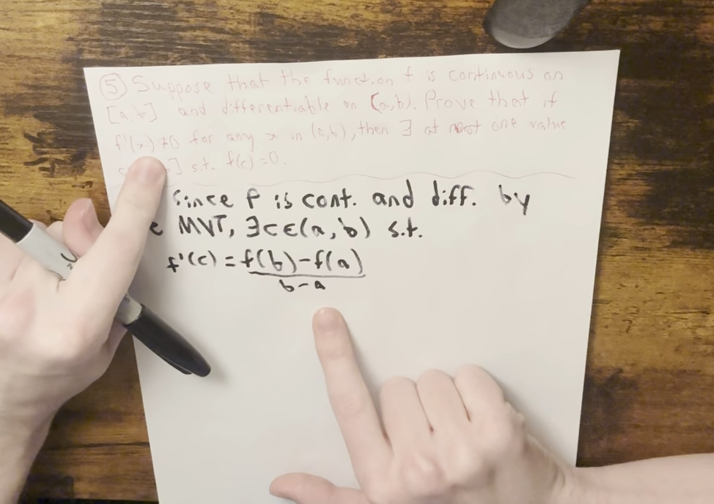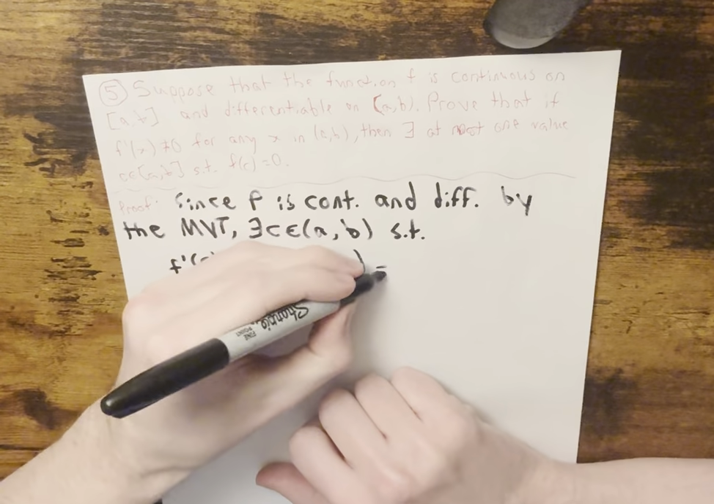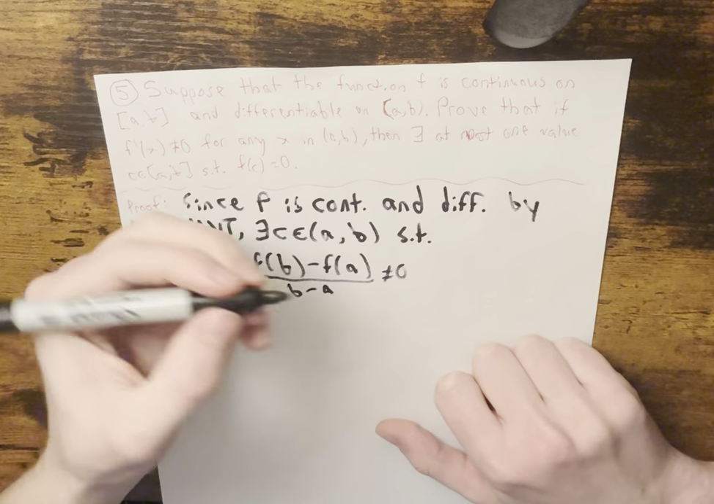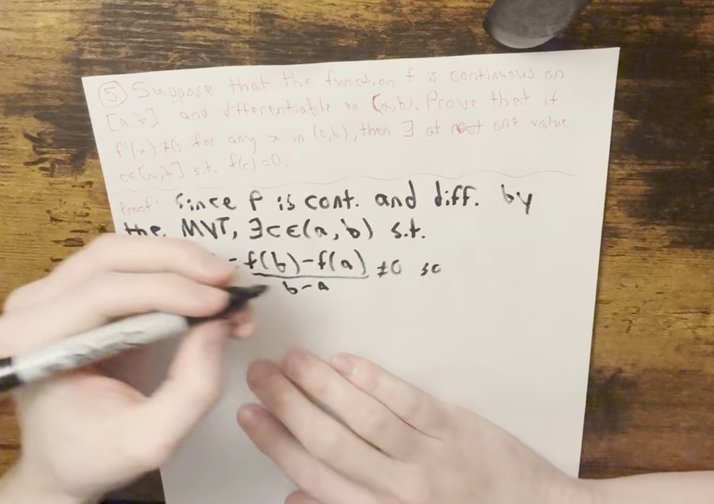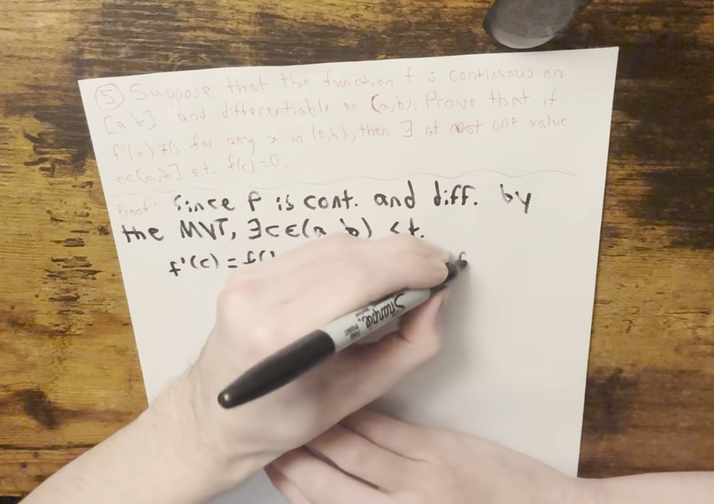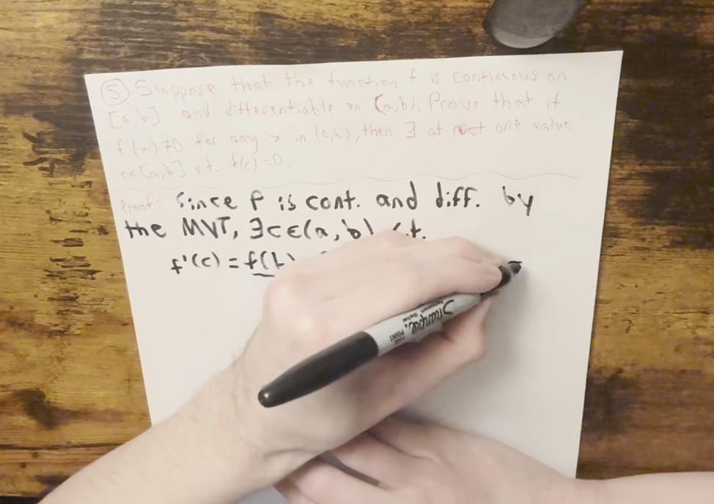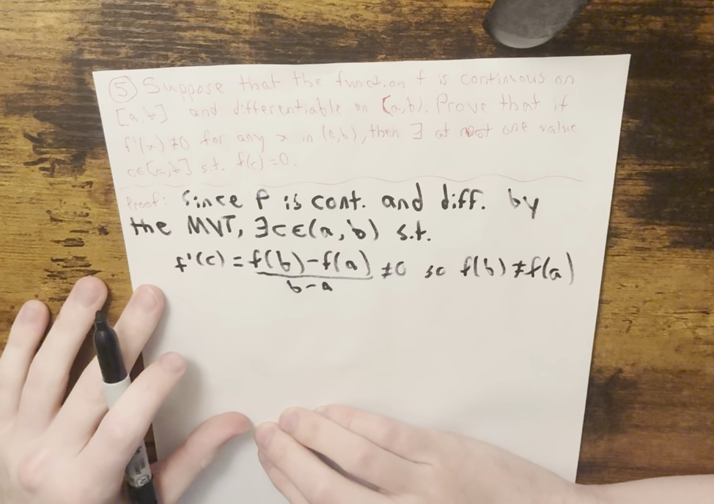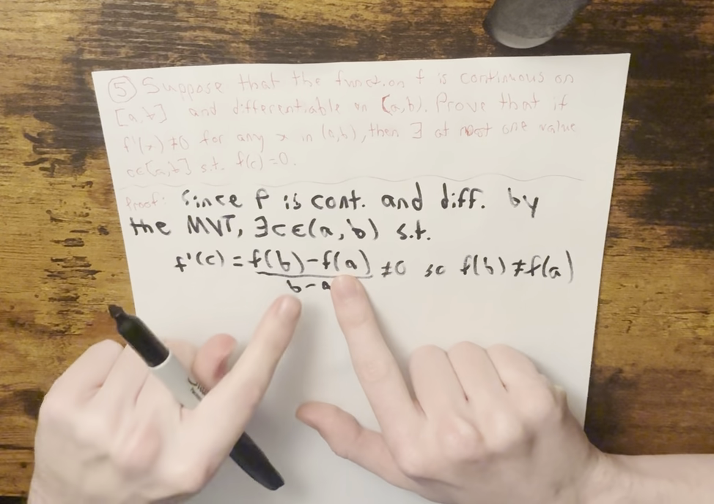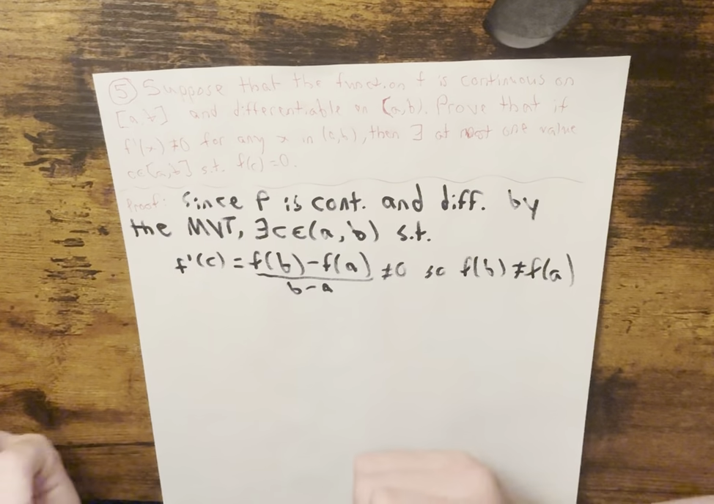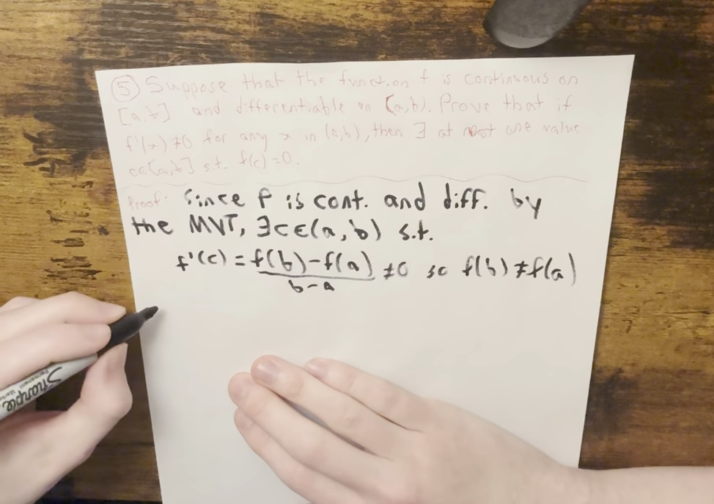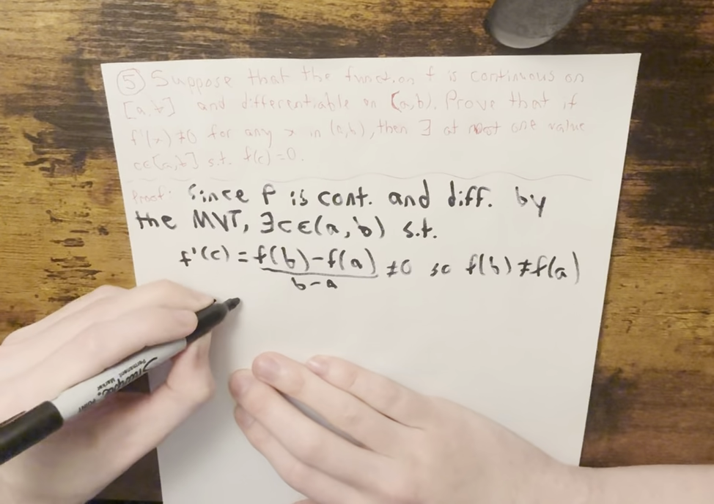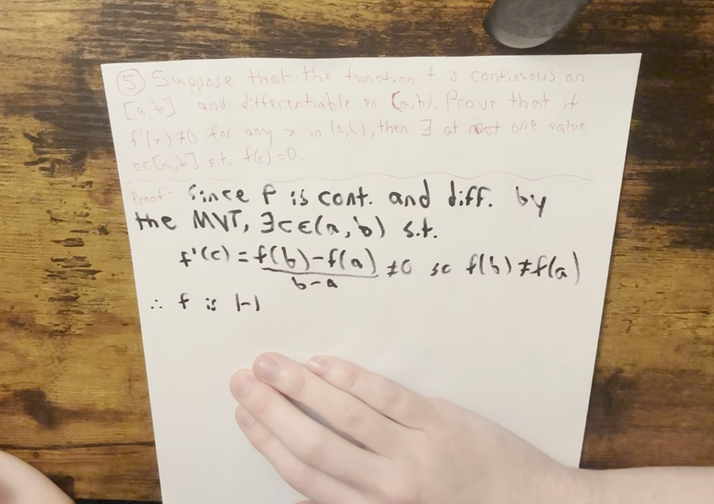And by our assumption, the derivative is never 0, and so we can say that this is not equal to 0. And so the numerator is not equal to 0. So f of b is not equal to f of a for all intervals, because a and b are arbitrary intervals. Thus, f is a one-to-one function,